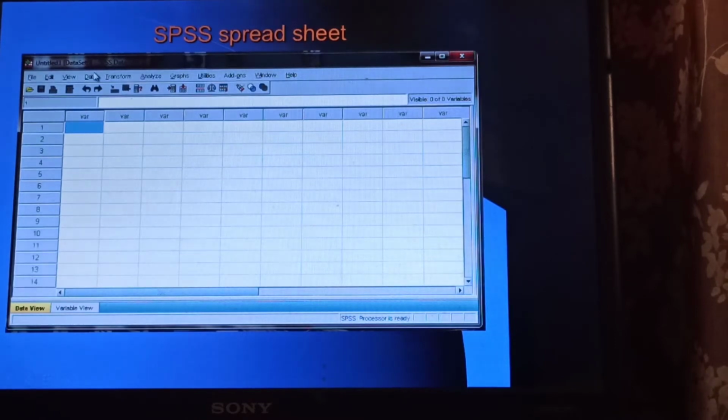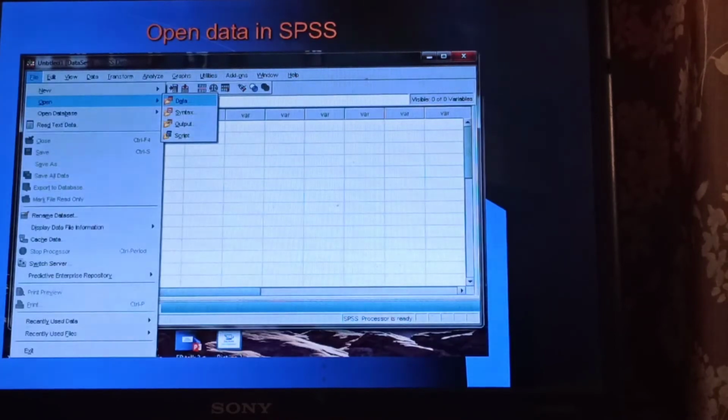First of all, to transfer our 20 patient data which was in Excel, we'll go to file, this drop down. Once we press file, we have got options: is it a new file or an existing file you are opening, and so on. I choose open because the Excel file is existing.